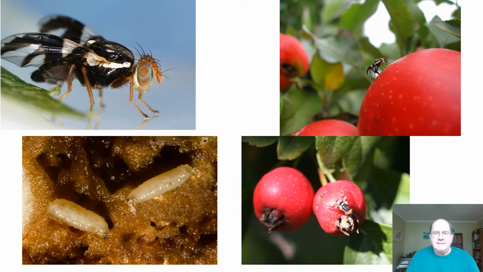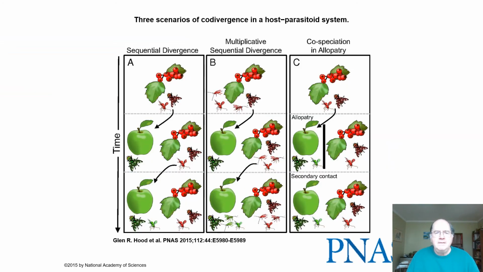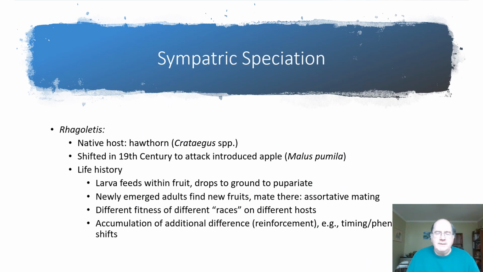But it seems that sometime, I'll come back to that. No, I won't. I guess I can't go back to that. In the 19th century, the native Rhagoletis pomonella that normally would feed on Crataegus shifted to mate, reproduce, and feed upon this imported species that Johnny Appleseed and his like were spreading across the continent,